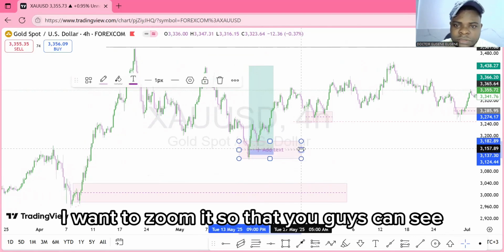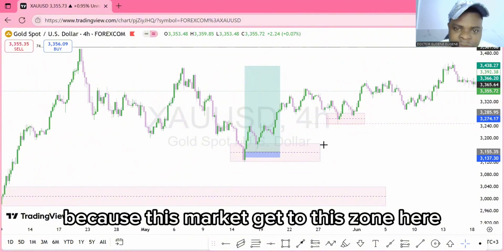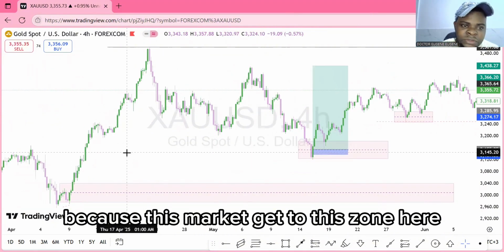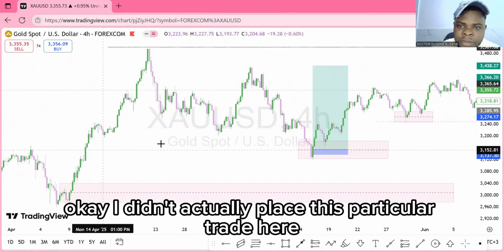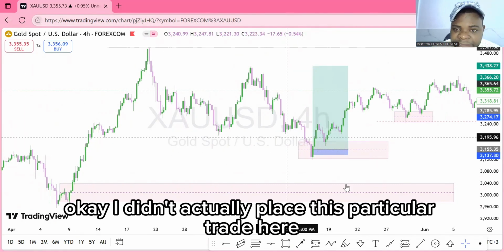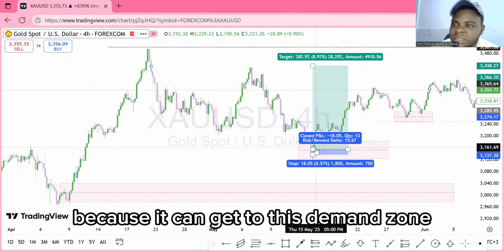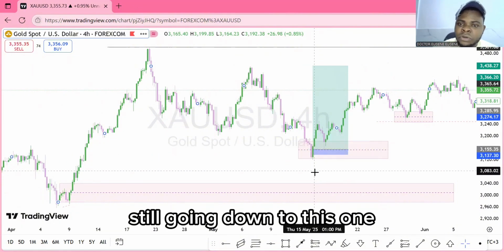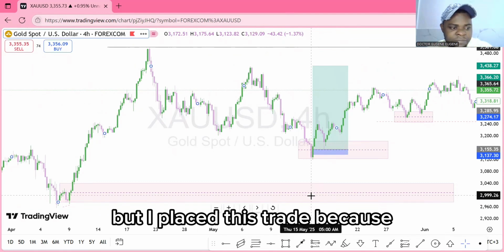I want to zoom in so that you guys can see it clearly. I didn't place this trade because the market got to this zone here, which is a supply demand zone. I actually didn't place this particular trade when the market got to the demand zone, because it can get to this demand zone and still go down to this one. But I placed this trade because